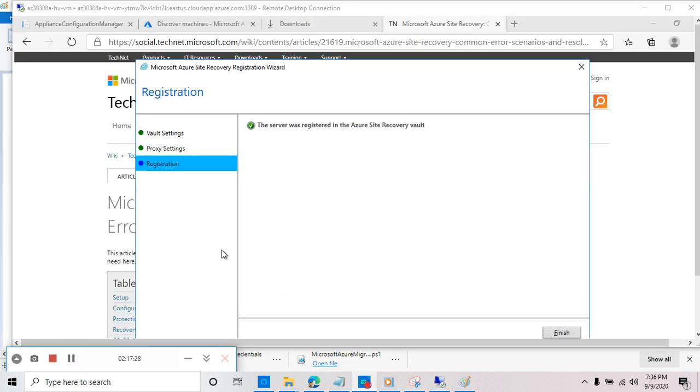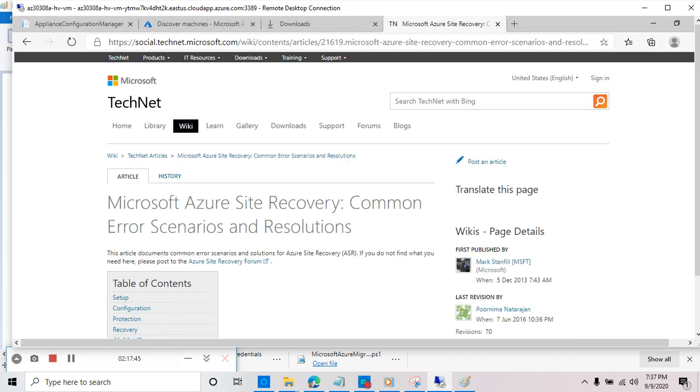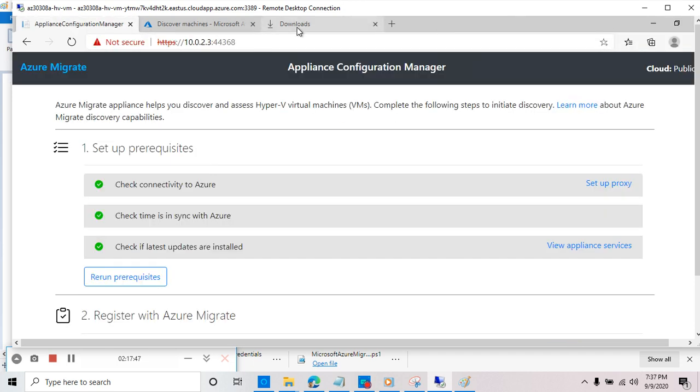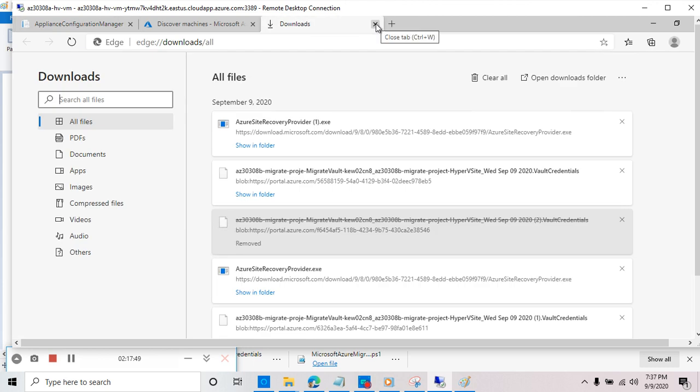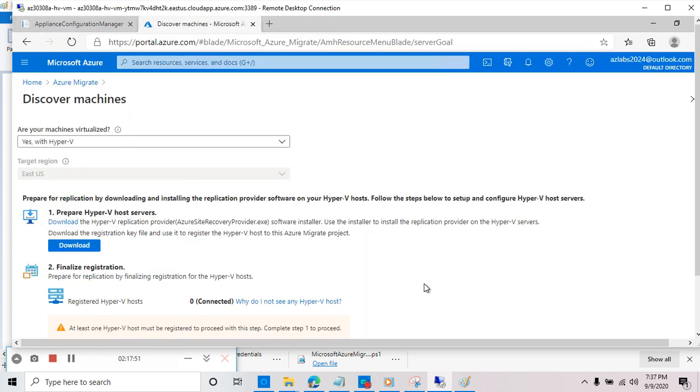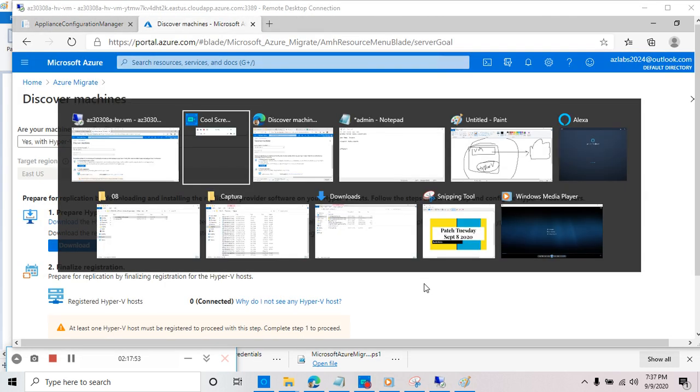Alright everybody, so all I needed to do is I went back and I re-downloaded the key, uploaded the key, and go through the same process, and this time I didn't have any problem. It said the vault registration is successful this time, and now I can hit finish. I was just reading about how to troubleshoot common errors, but looks like that's not needed. So let's get rid of some of that stuff and go back to